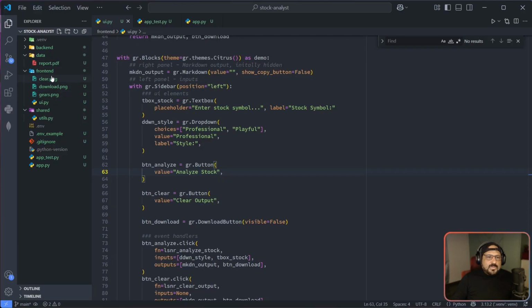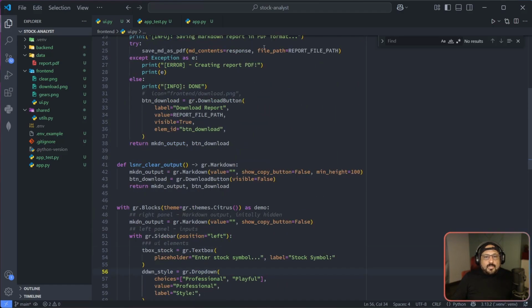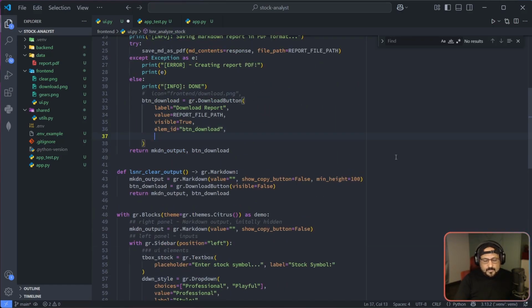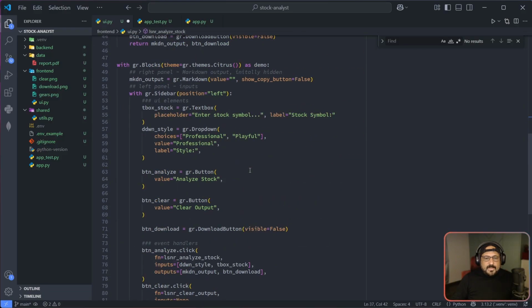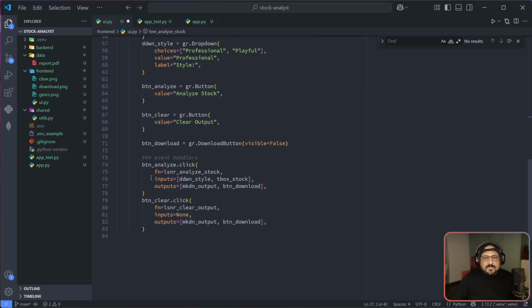Right now I'm going to keep it here only under front end, and then we have to specify under each button which icon it's using. So button has got a property called icon. Okay, so this is download PNG for download button, and similarly